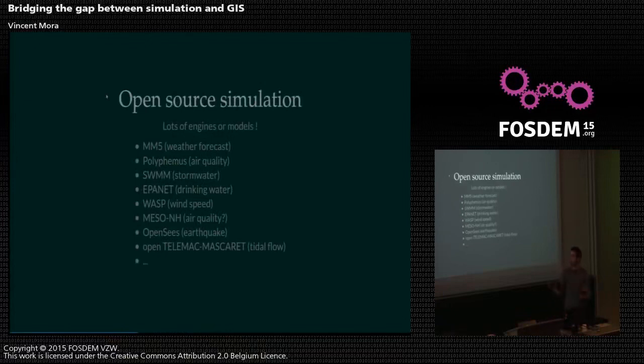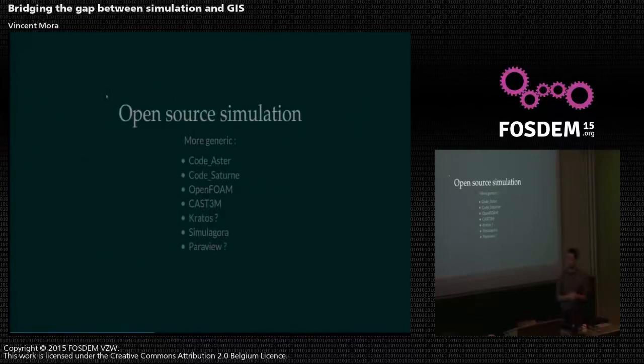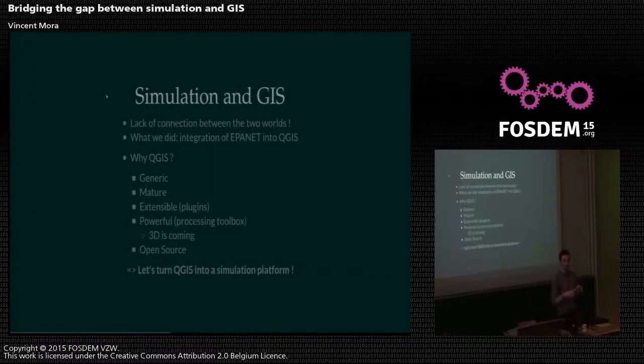And we found that there is already a lot of open source simulation tools, components, open source simulation engines and models around, lots of them. And you can even find modules to simulate more generic things like a mechanical structure, deformation, and so on. But the problem is that this is some kind of a black box where people focus on the computation part, and it really lacks a connection between GIS and simulation, and the simulation tools are not really integrated into GIS